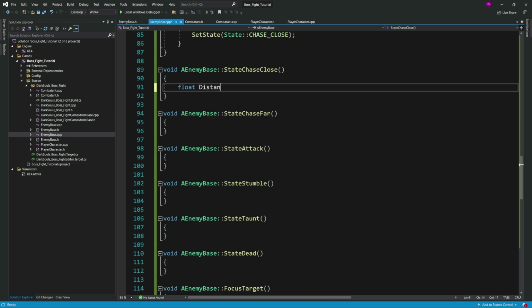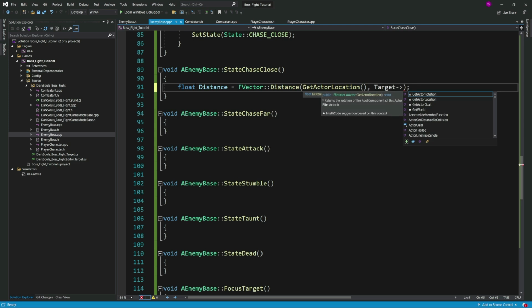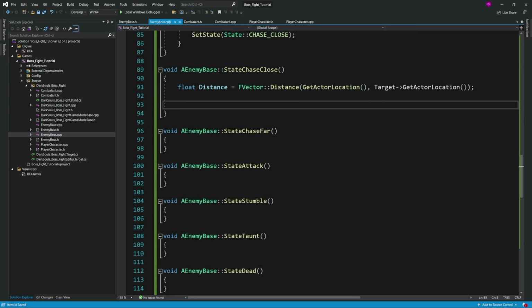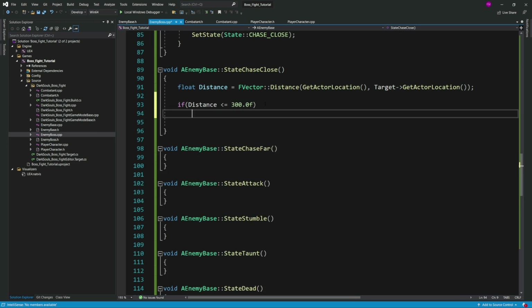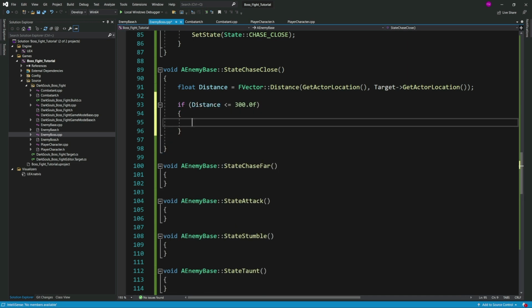So first things first, we're going to calculate distance, which is going to be equal to FVector::Distance, and from here I'm going to calculate the distance, and the distance is going to be from the actor location, which is the location of the enemy holding this script, and the target's GetActorLocation. There you go. So this is how we're going to calculate the distance. First, we're going to test if the distance is close enough for the enemy to attack. So if distance is less than or equal to 300, again, hard coding it, hint, hint,